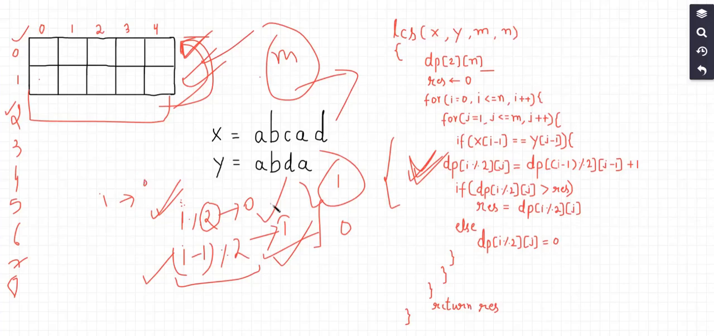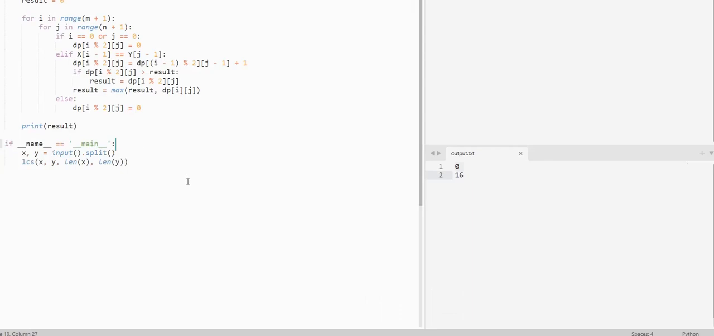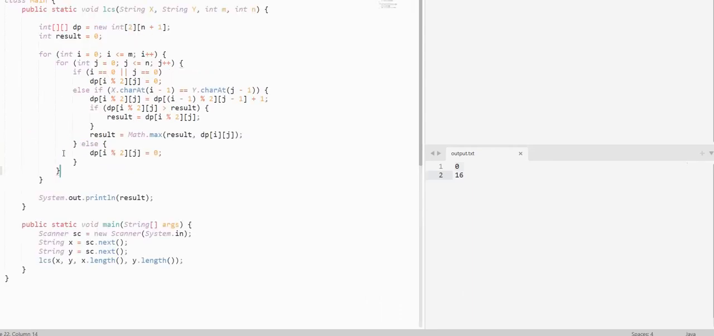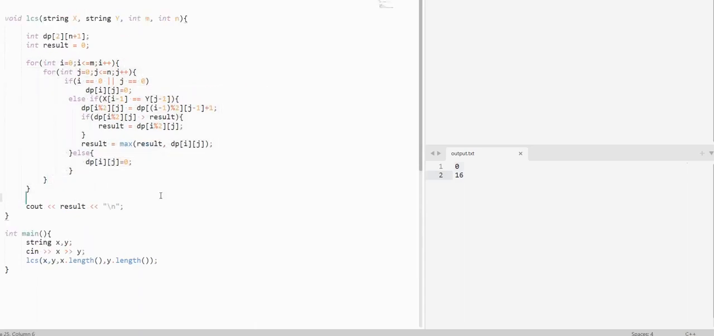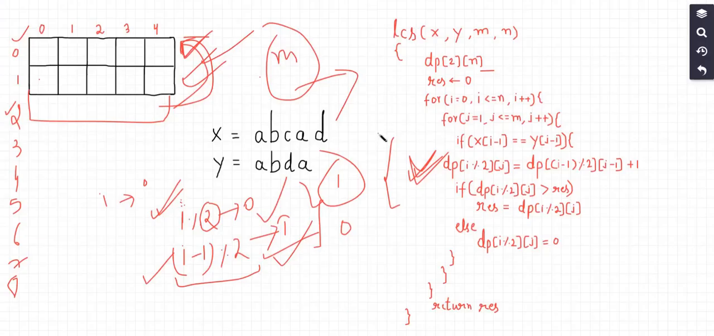And let me show you the code implementation for this solution. So this is the implementation in Python, this is the implementation in Java, and this is the implementation in C++. Okay, so I have attached the codes in the description, so make sure to check it out